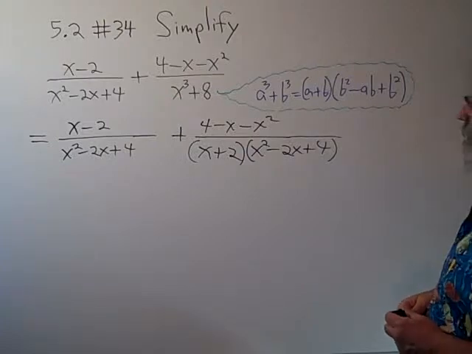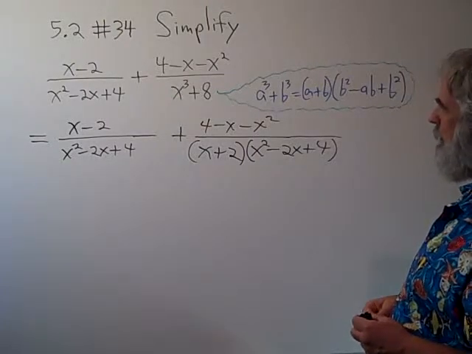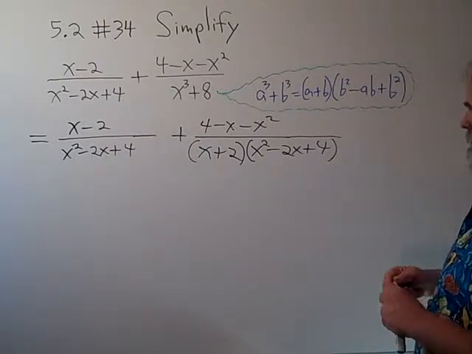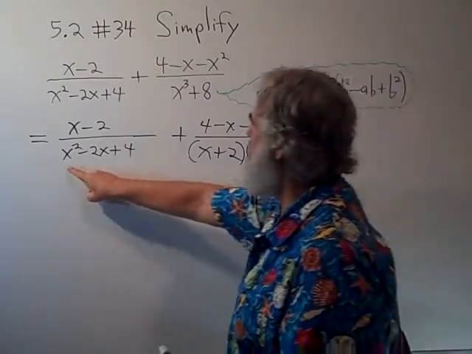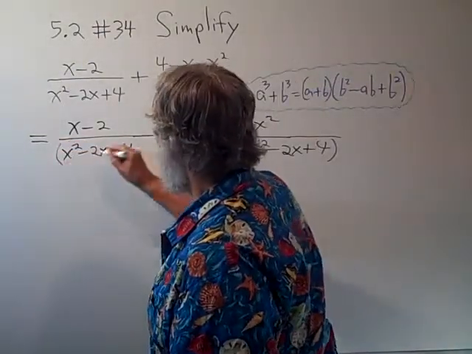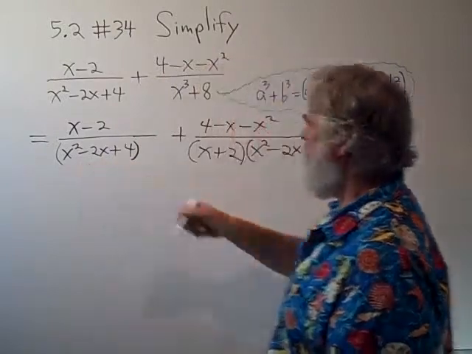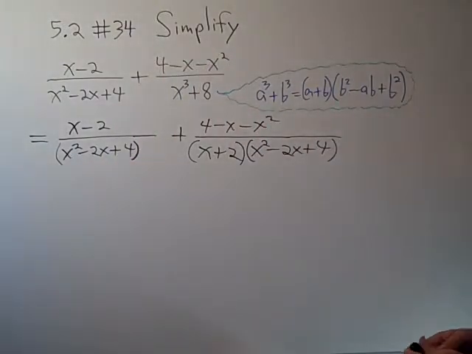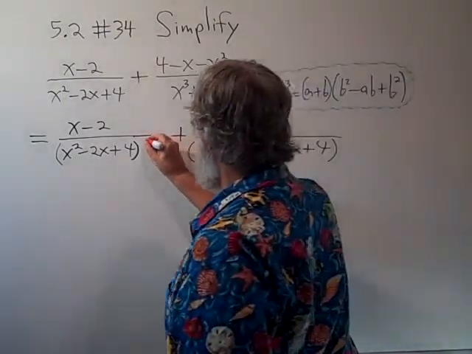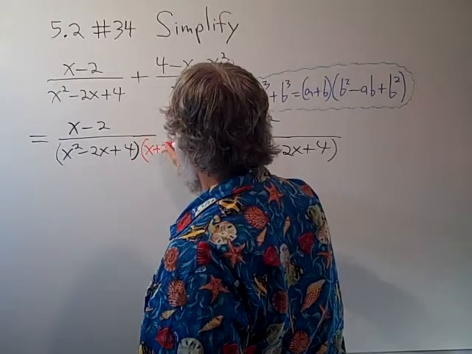So now that we've factored the denominator of the second one, we see that this x squared minus 2x plus 4 also appears as this unfactorable, this prime polynomial in the first denominator. So the first denominator is only lacking an x plus 2 factor. So if we give it a factor of x plus 2,